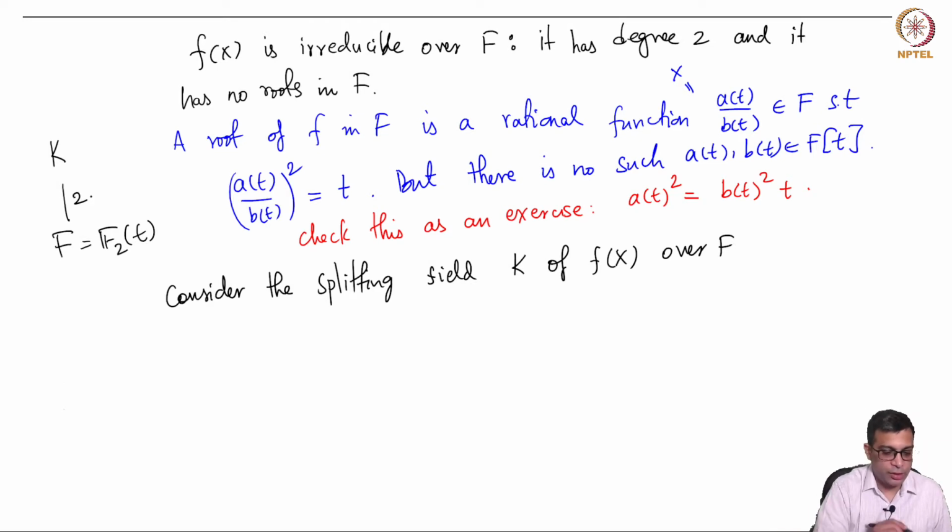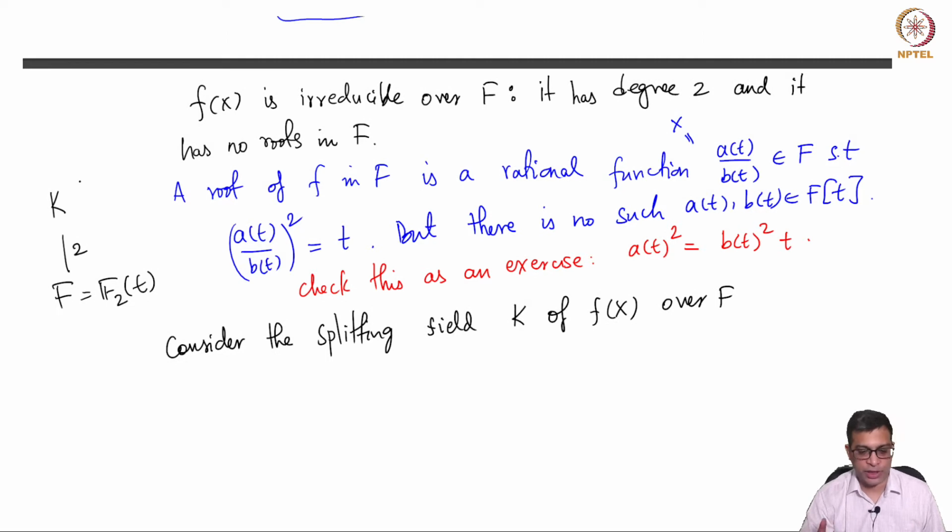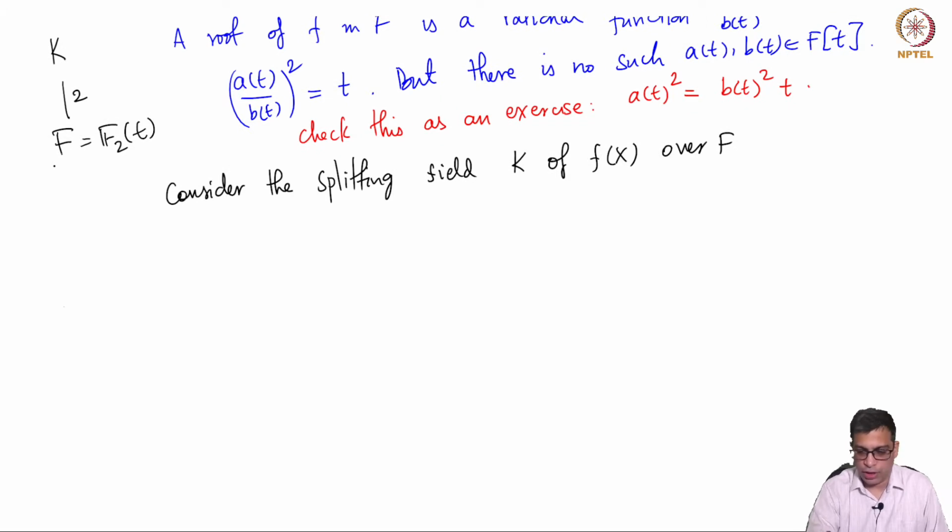So this must be degree 2 because you are adding a root of a degree 2 polynomial which is irreducible, and once you add a root, this is something that we know, all the other roots are added, so this is degree 2. What is this field K? And we also remember that every polynomial has a splitting field, so K exists is something that we know. So what are the roots